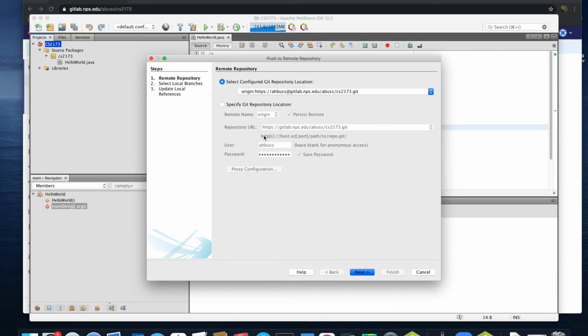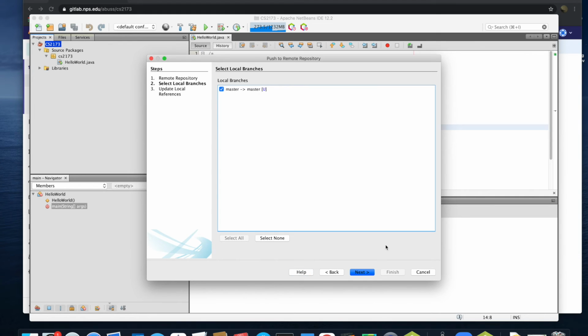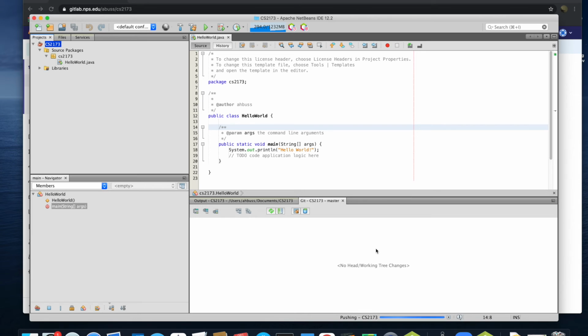And what this will do is, we'll select configured git repository location. We've already set this up. We saved the password, so it's going to use that, and we go to next. So now the local branches, remote branches, the U stands for update. When we click finish now